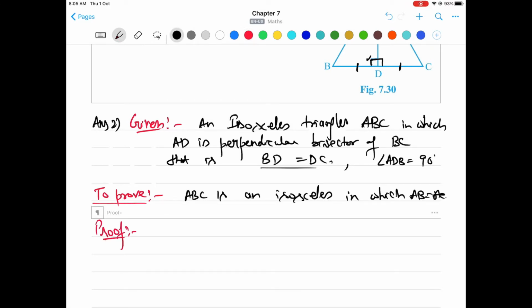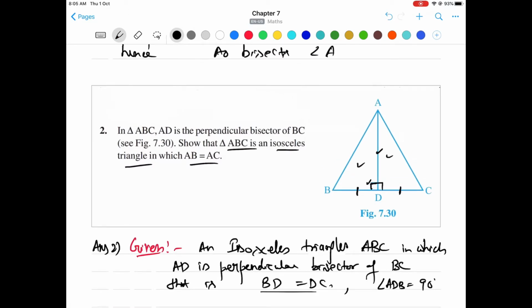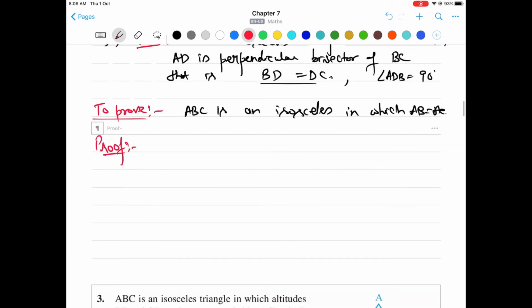It's very simple. We'll consider these two triangles, and you can see in these triangles we have this side common. This AD is common for both triangles. This angle here is each of 90 degrees, and since AD is bisecting BC, that means BD and DC are equal. So we got this side, then the angle, and this side. Similarly, side, angle, and side. So by SAS these two triangles will be congruent. Then their corresponding sides will be equal. Since these two sides are equal, therefore this triangle will be an isosceles triangle.